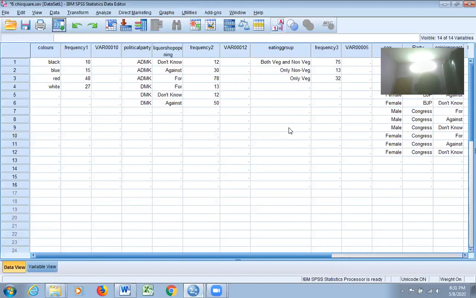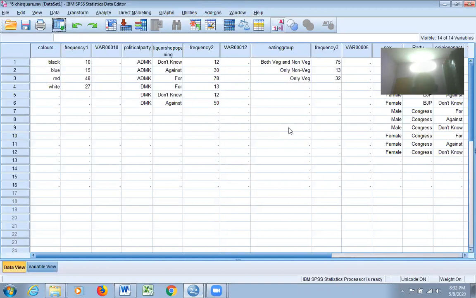So what I have done is that I have gone to that particular society. I collected data from 120 participants. Now I want to check whether the observed data, the data I collected from 120 respondents, is fitting into my prediction, my pattern. What is the pattern? I have a pattern which we have been observing for quite a number of years in that particular society. What's the pattern? In a society, there are 100 people, 10 take only veg, 20 take only non-veg, 70 take both veg and non-veg.